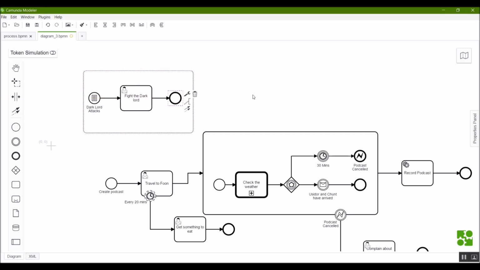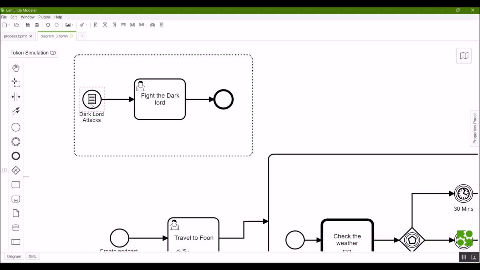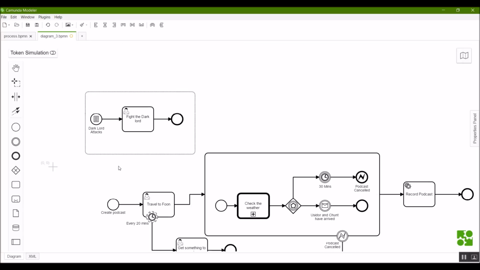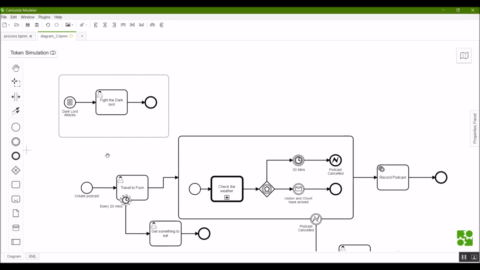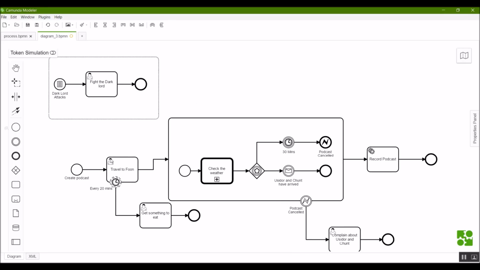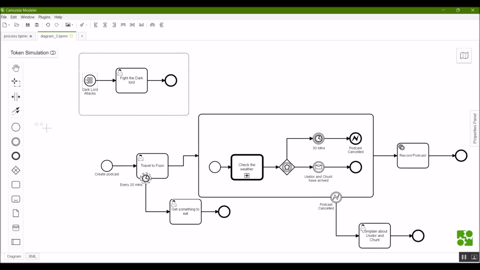So now let me describe what this is really doing. This is a conditional event, which means it's waiting for a specific condition that may occur. And the very nice thing about event subprocesses is that this is waiting for this event to occur for as long as this process is active anywhere. So as long as there is a token alive somewhere in this process, we are constantly waiting for this event that may occur. So we're constantly vigilant in case the Dark Lord attacks. Now this particular start event is also an interrupting start event, meaning that once this event does happen, we will stop what we're doing, we'll cancel those tokens, and a new token will arrive here, and then we'll fight the Dark Lord.